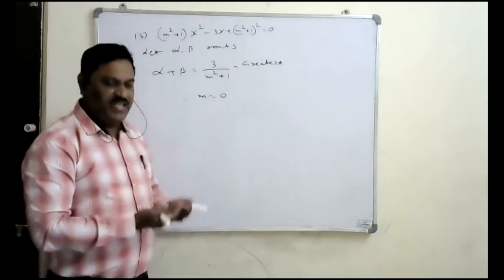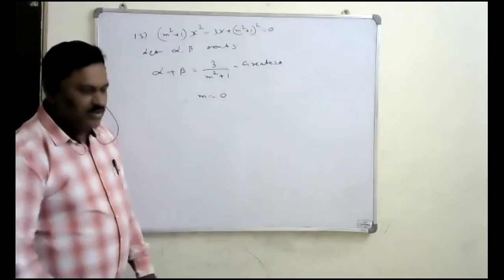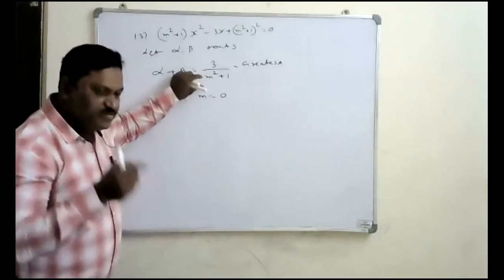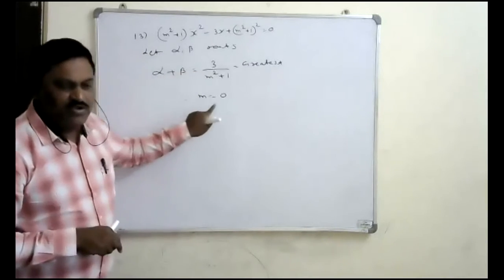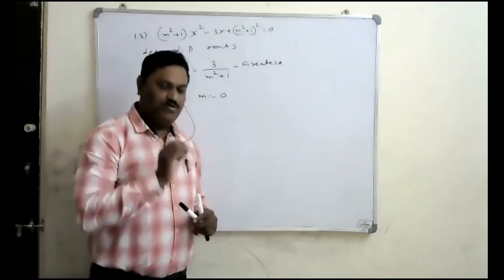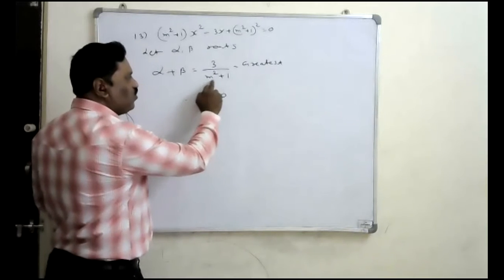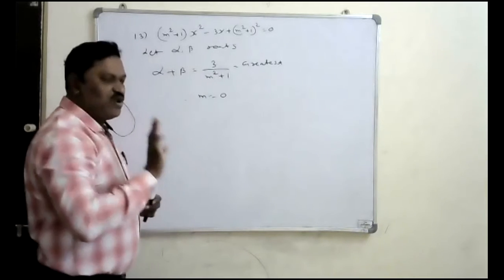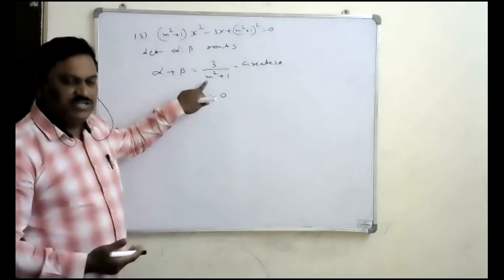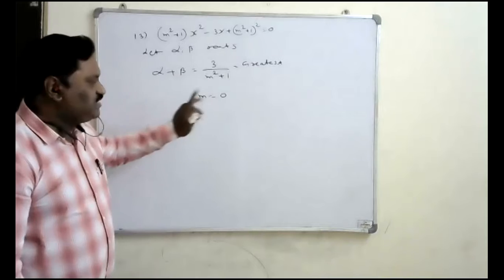If you take any value for m other than 0, it is going to give more than 1, no? Only when m is 0, it is giving 1. That's why this denominator is minimum only if m is equal to 0. Means indirectly they are saying that the value of m is 0. Because m square is either 0 or positive, for all remaining values it will be positive, more than 0. That's why this is minimum when m is 0.